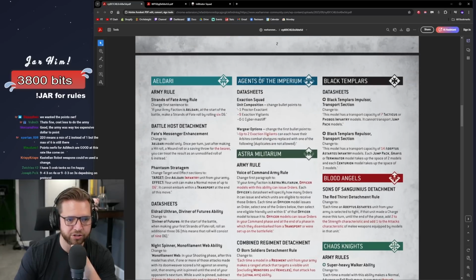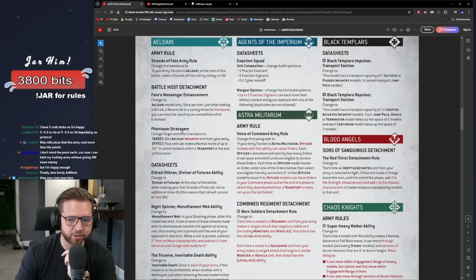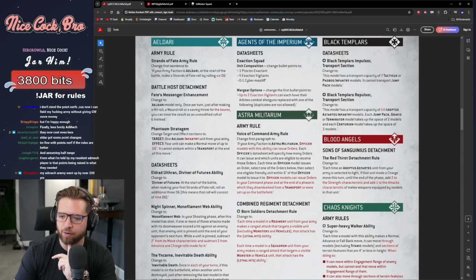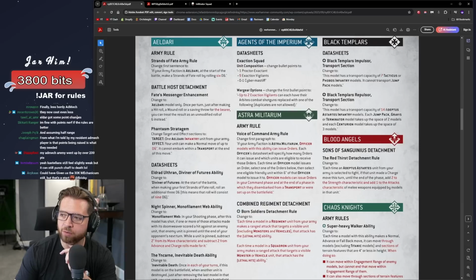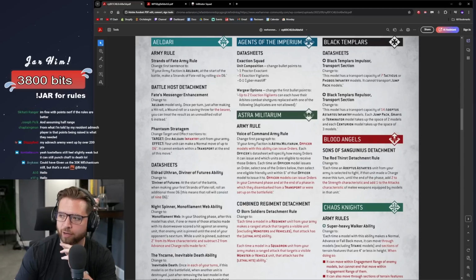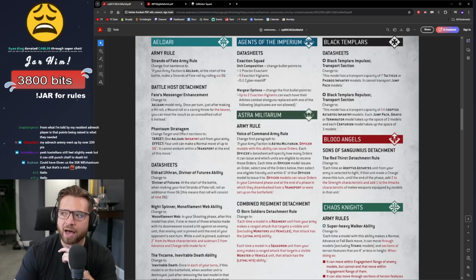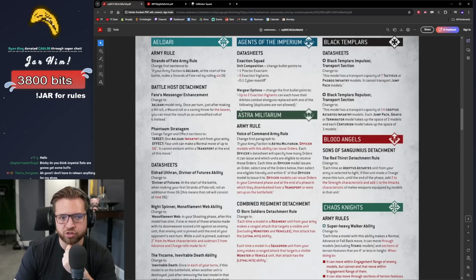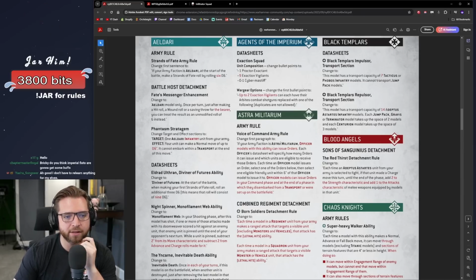Same with the Agents of the Imperium. So they reworked Guard's army rule. It's very interesting now, and I actually think it might be... Okay, so Guard players right now are kind of on suicide watch because of the reinforcements change, among a few other things. I think they're misguided because this rule seems disgusting. Basically,